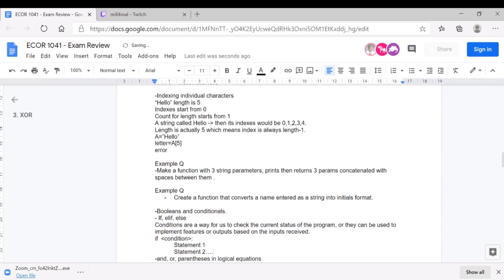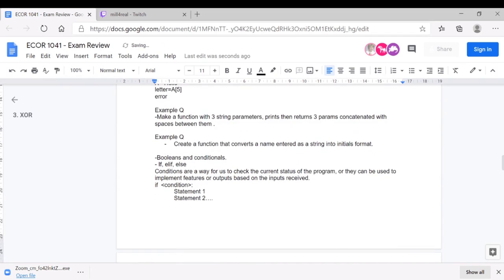Now, it's not necessary that you only have one condition. You could have multiple conditions which are subsequent to each other or even separate. So let's say if you have subsequent conditions, like a bill amount is greater than 100, that's one condition. It is between 50 and 100, that's the second condition. And third condition, it's below 50. So if condition 1 does not satisfy, we should essentially come back to condition 2.